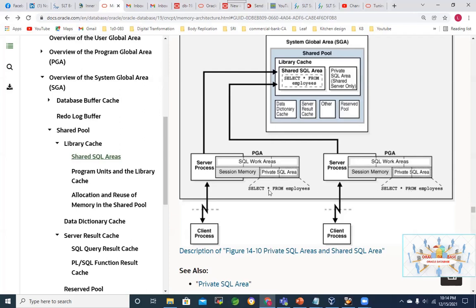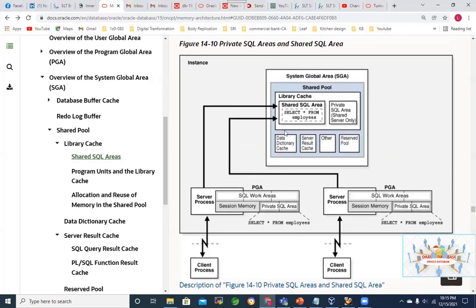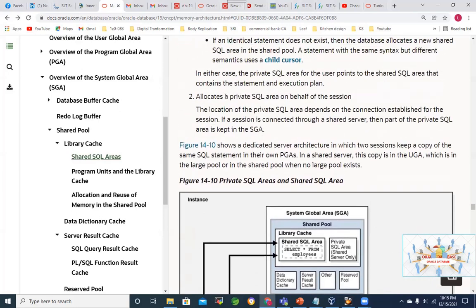Now, when both have the same statement, as explained above, they can use this common area, the shared SQL area. Otherwise, it has to parse separately. There's no point in parsing separately, because these two statements are syntactically equal and semantically equal, accessing the same object. So Oracle will use the shared SQL area, which becomes faster. Faster means it is going to be a soft parse and a cache hit. That's all. In summary, that is what it says.